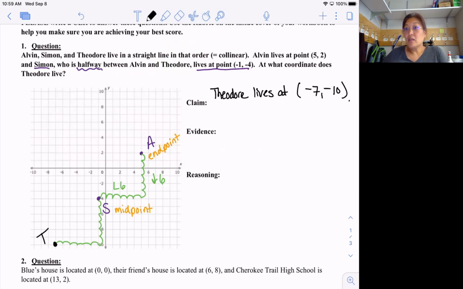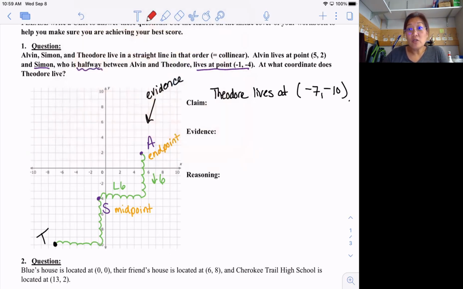Claim is nothing more than the answer. What's my evidence in this problem? You're right. This is evidence. This is how I solved the problem. Okay. Evidence could also be,